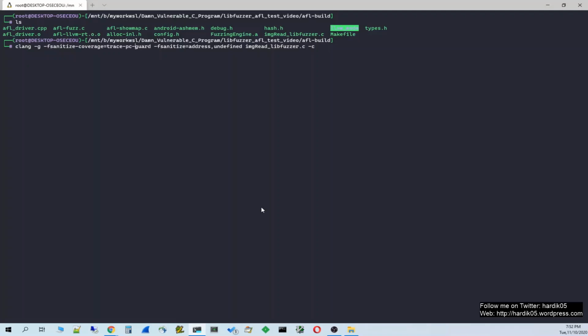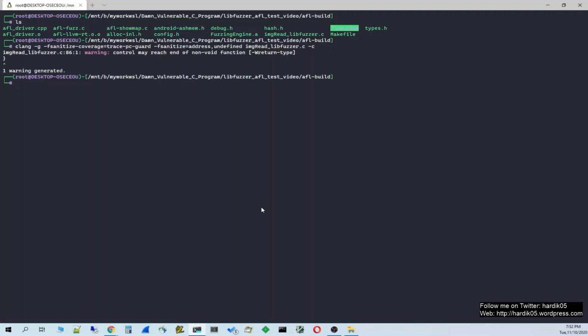This option will tell that we want to use Clang's instrumentation over here, and then we can specify address sanitizer and undefined behavior sanitizer by using this flag, -fsanitize=address,undefined, and then our source file name, img_read_leaffuzzer.c, and -c. This -c option will tell that we want to generate an object file and we don't want to generate an executable file at this moment.